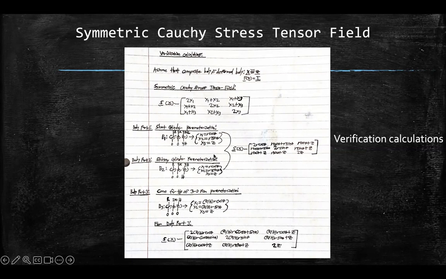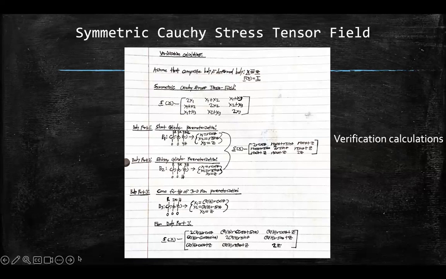And then next, I had to define my body parameterizations for the 3 parts of my 3D body: the short cylinder, the skinny cylinder, and the cone. Then I have to replace x1, x2, and x3 with the corresponding parameterizations to get the stress field that is defined using the parameterization of the 3 parts. So here is my stress tensor field for body parts 1 and 2,